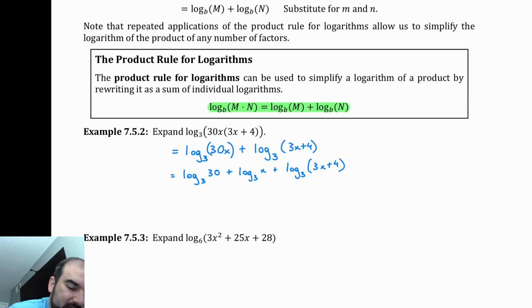Now we can't split this one because this is not just 3x, this is 3x plus 4 as an expression. So this is two things added together, not multiplied together. I know the 3x is a product, but the 3x is not the only thing in here. Because there's a plus 4, we can't split this any further. But this would be our final answer here for the expanded version of the original